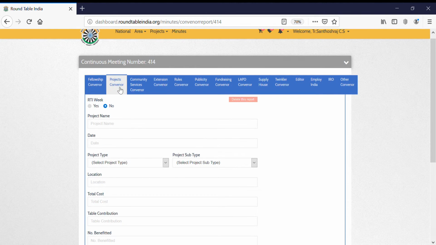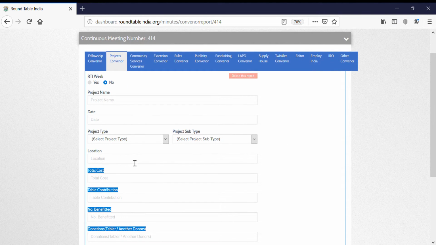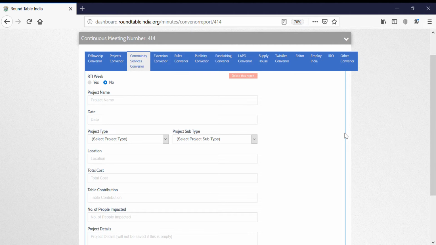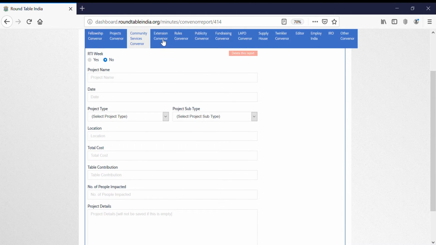The same applies to projects, but for projects you need to fill in the cost and the table contribution and the number of benefited. If it is an FTE or a non-FTE, and you have different tabs over here, select the one appropriately. Community service, it's the same. Extension,